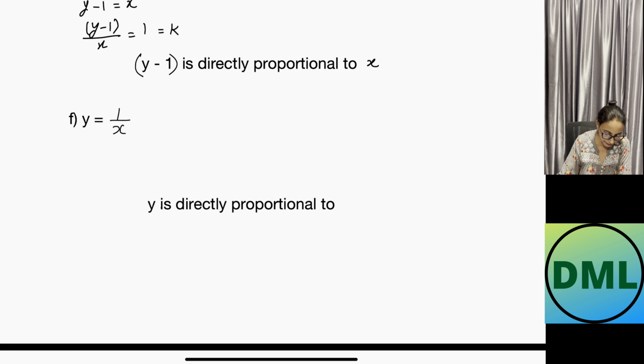Let's see the next example here. Y is equal to 1 over x. I can't do the multiplication of x on this side because that will become yx is equal to 1. I have to write down in such a way that the x value should be in the denominator. Let's divide 1 over x on the other side. This will be written as y over 1 over x is equal to 1 because this is multiplied by 1. I am taking this 1 over x completely on the other side. This will show you that y is directly proportional to 1 over x. That will be your answer.